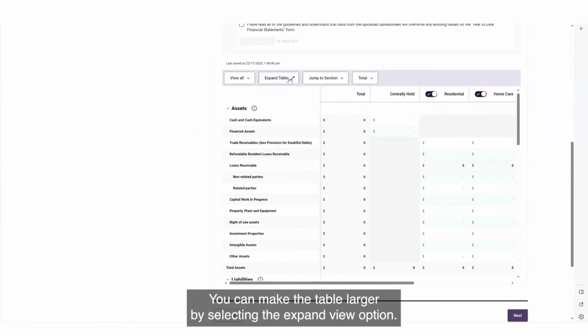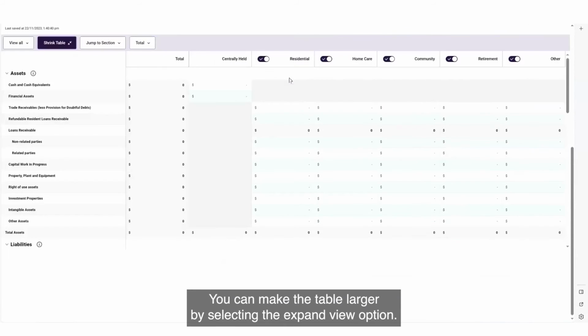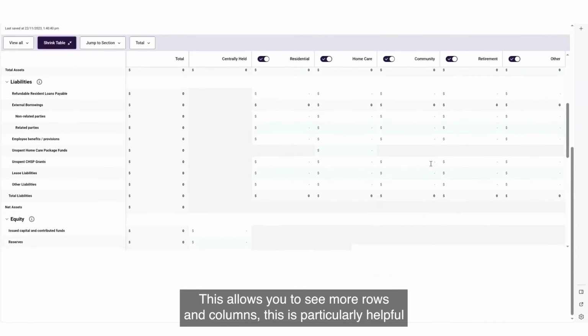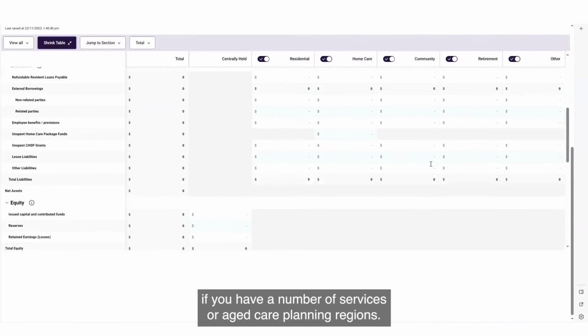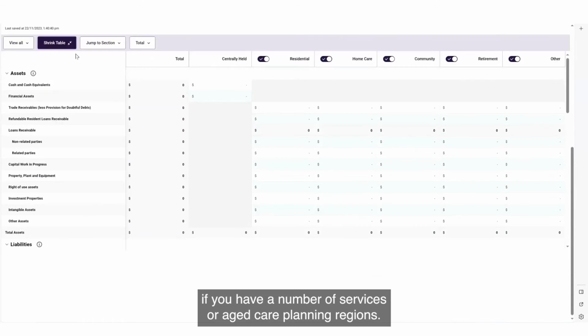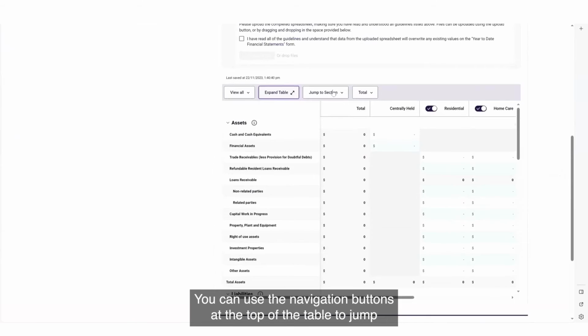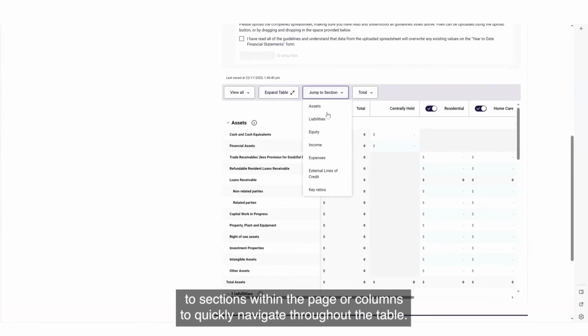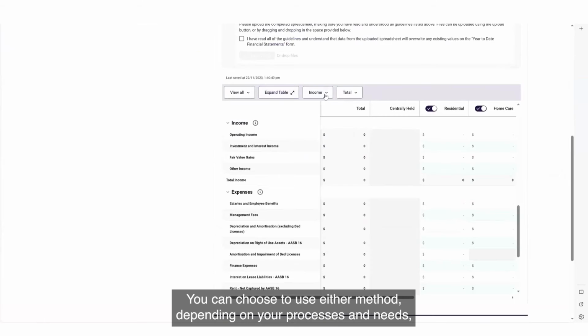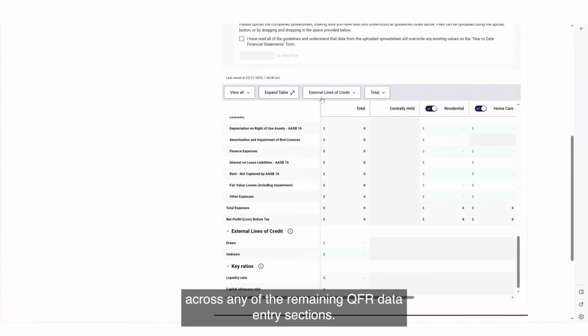You can make the table larger by selecting the Expand View option. This allows you to see more rows and columns. This is particularly helpful if you have a number of services or aged care planning regions. You can use the navigation buttons at the top of the table to jump to sections within the page or columns to quickly navigate throughout the table. You can choose to use either method depending on your processes and needs across any of the remaining QFR data